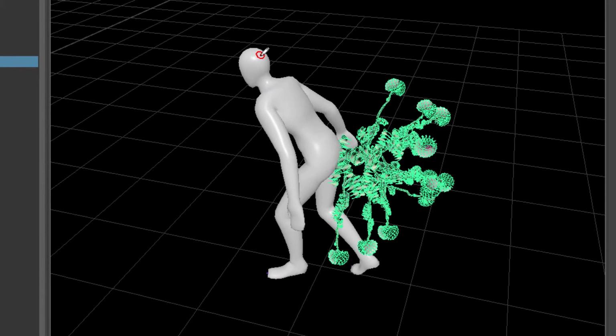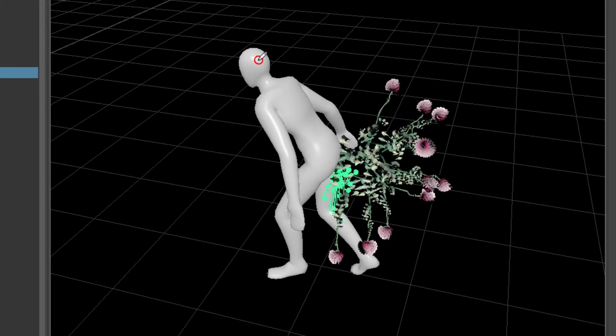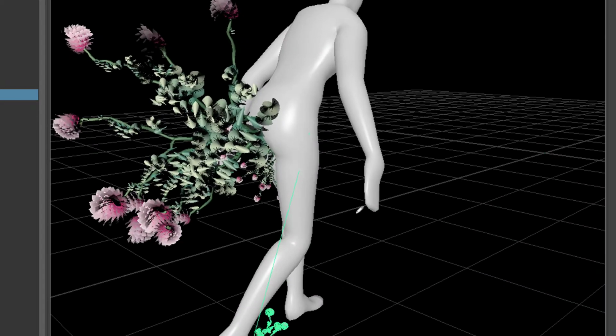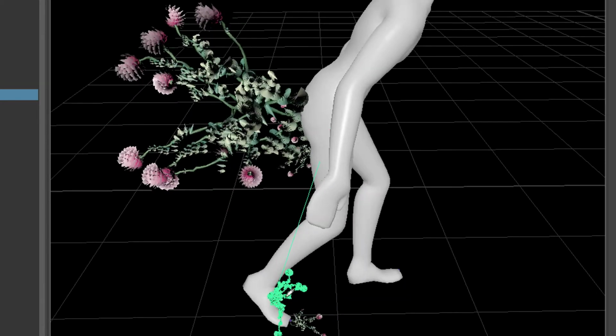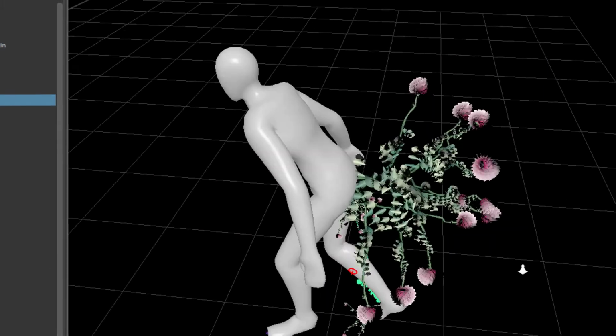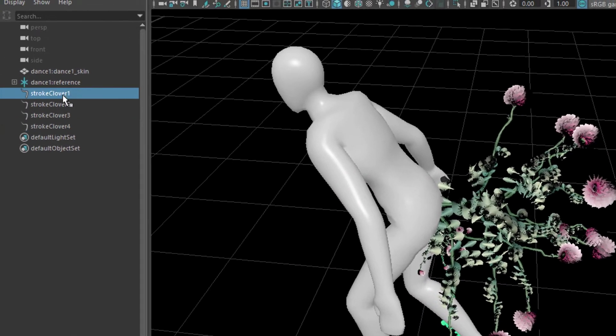If we want to paint the flowers on his head, works all right. I'm painting on his head, and now the flowers jump here. They're down here now, and the same here, and the same here. So we have interesting flowers somewhere at the back of him, at the right foot, but not at the place where we want them to be. Let's delete the strokes